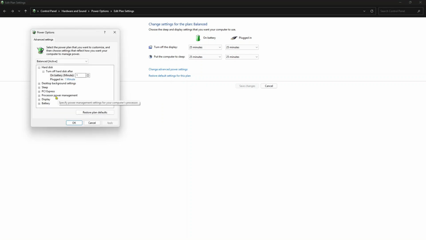Here you'll see processor power management. Double click on this and you'll see maximum processor state. Here double click and you'll see on battery 100%, and when it is plugged in still 100%. So your PC's maximum processor state is 100%, and your laptop might be using 100% of the processor state, so